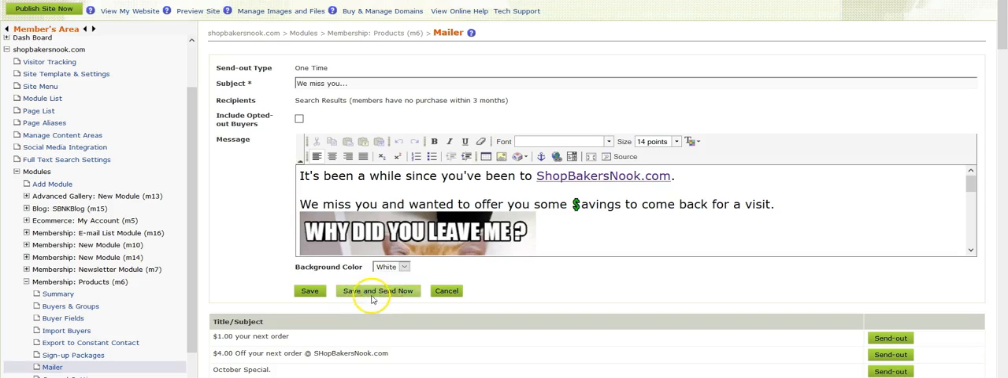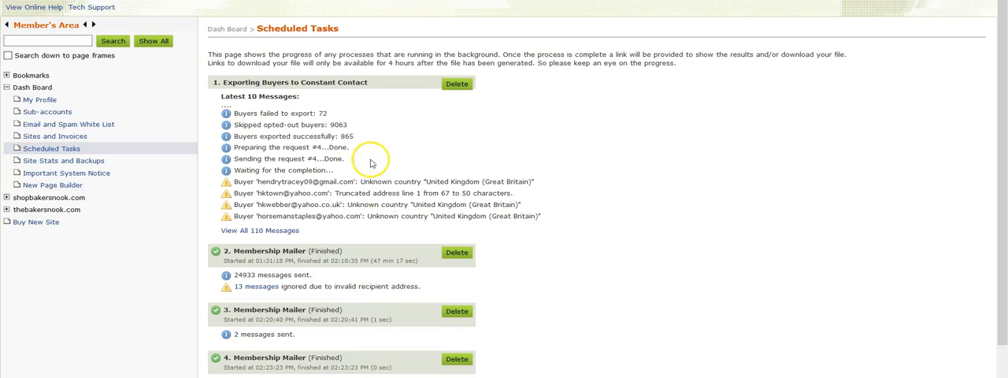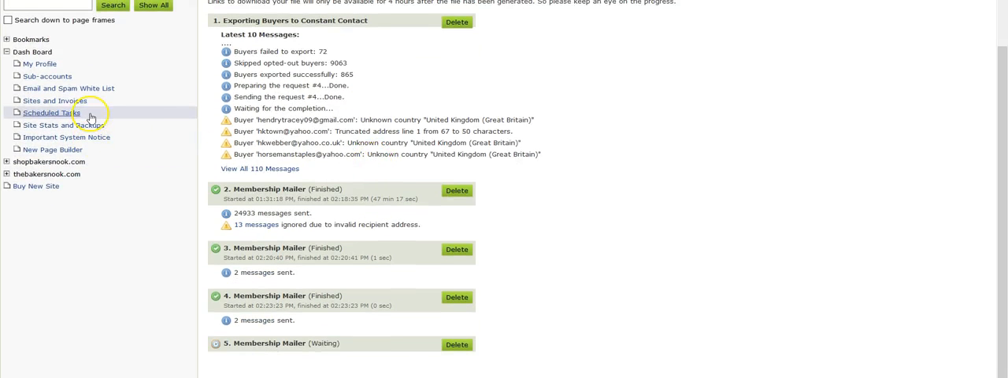So I'm going to go ahead and save and send now. It's going to send me over to the scheduled tasks area where it's going to compile that list of members and start sending them out. And this is one of the many cool ways you can use our mass mail feature, which gives you no restrictions. You can do an unlimited number of mailings a month to an unlimited number of members, something that you